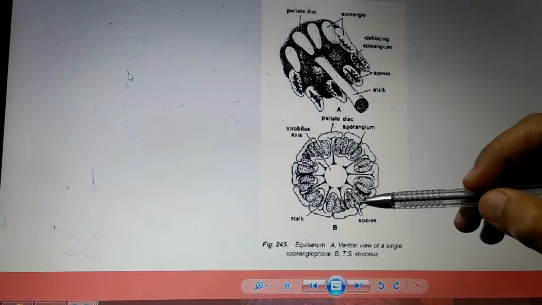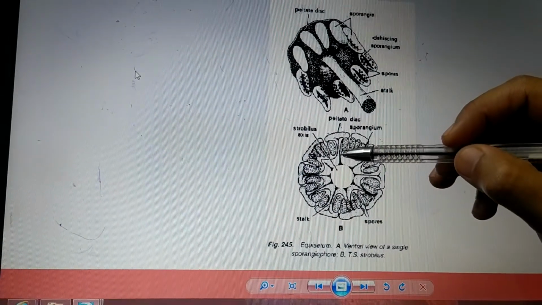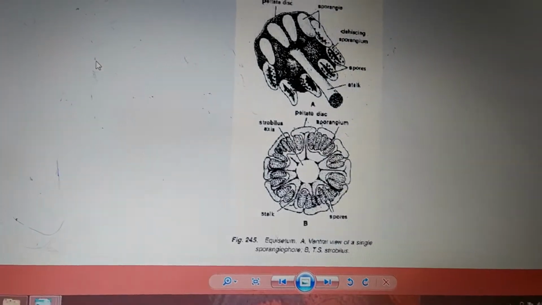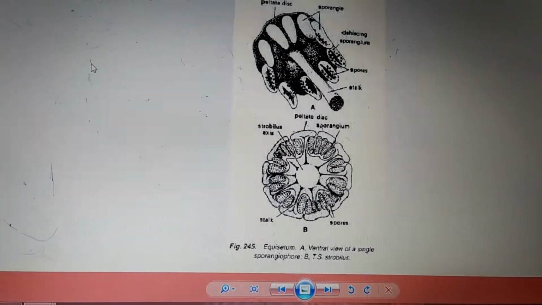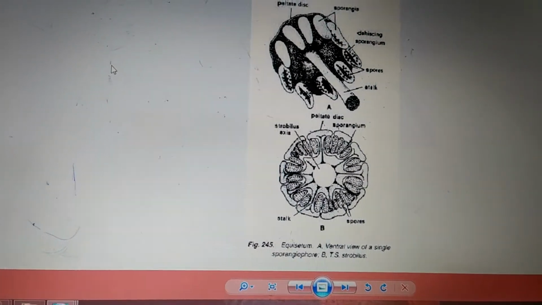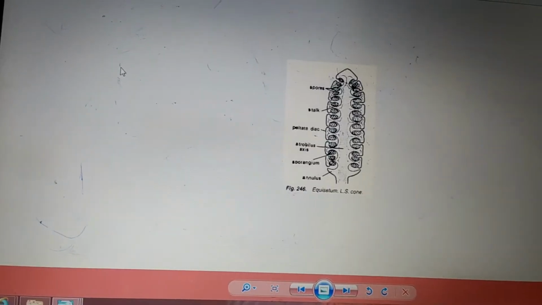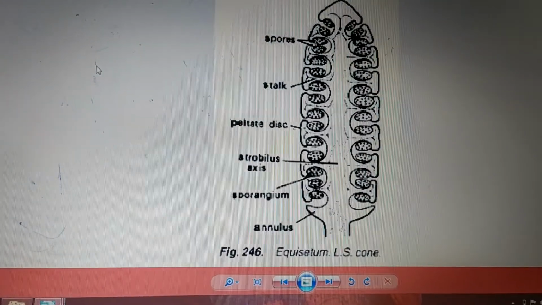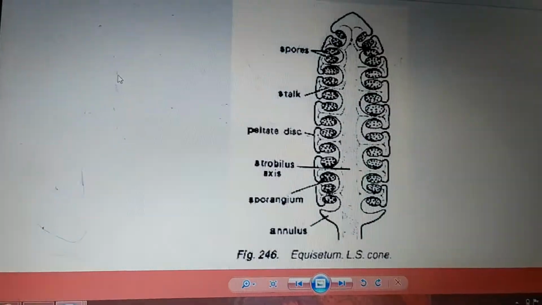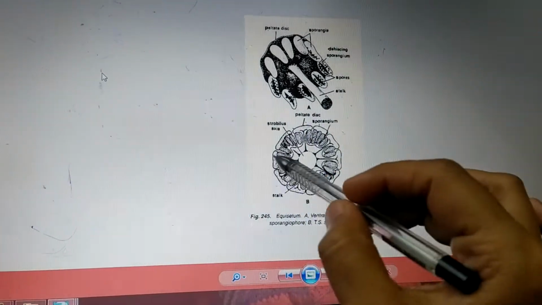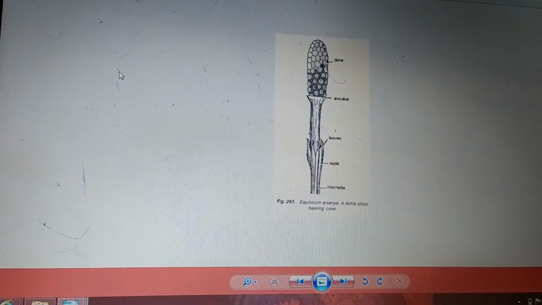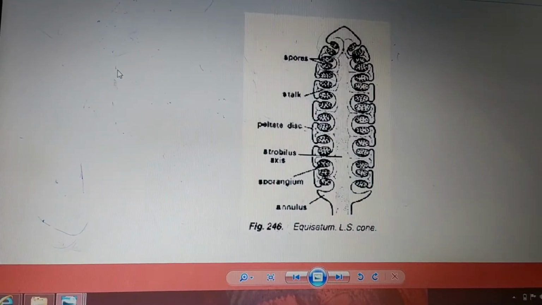Inside a sporangium we have developing spores, and this black colored region is nothing but a stalk of the sporangiophore. So this is the description regarding the spore bearing organ in case of equisetum. So this is a longitudinal view. We saw this as a transverse view. If you cut the cone likewise, it will be transverse. If you cut in a straight way, it will be longitudinal. So this is a longitudinal view.